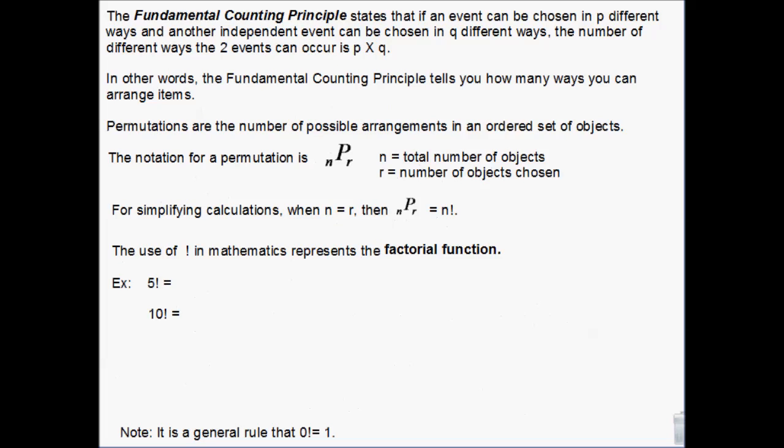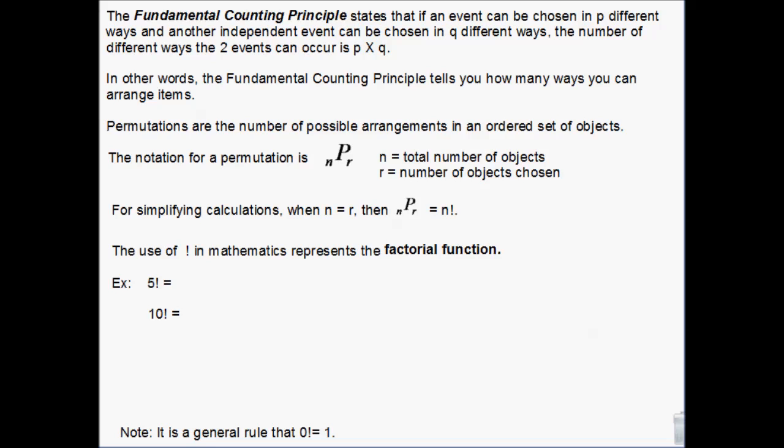We have the fundamental counting principle, and this is actually a theory. It's a fundamental theory, which means it's been proven, it's going to be the truth no matter what you do. It's a fundamental math theory, which means that all math is kind of based on these kinds of things. It's one of the foundational theories that math stands on. Okay, if an event can be chosen in P different ways, and another event can be chosen in Q different ways, then the number of ways that these things can occur